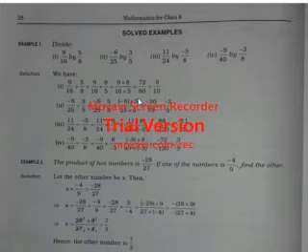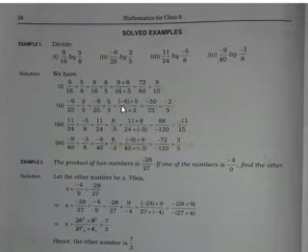You can even reduce here itself. 5 5 is 25, you can do that, and it will become 15 below, and at the top minus 6. So again minus 6, like this, it can be reduced. It will become 3 2 is 6, so minus 2 by 3 1 is 3. So at the top it will become minus 2 by 5.